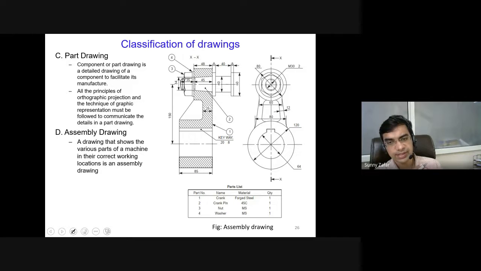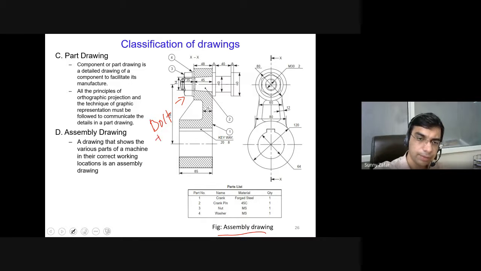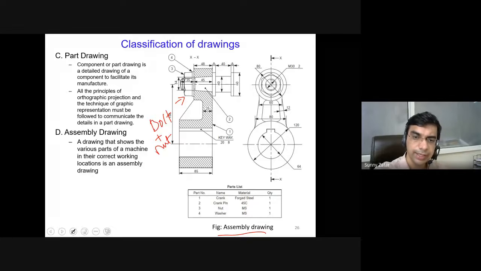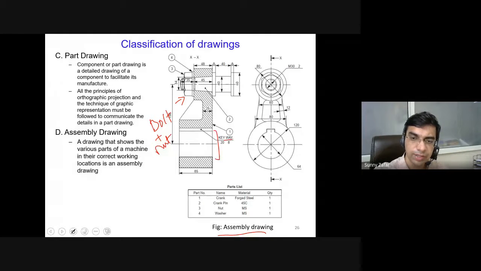Assembly drawing basically shows us how the various components in a machine are located properly and how they are assembled. As shown here, I am showing an example of a crank. A crank is basically a location where the crankshaft is fitted in an internal combustion engine for transferring the power. It will show all the dimension details of different parts, like it is showing here a bolt with a nut. It is also showing a hole with a keyway, where the shaft will come.